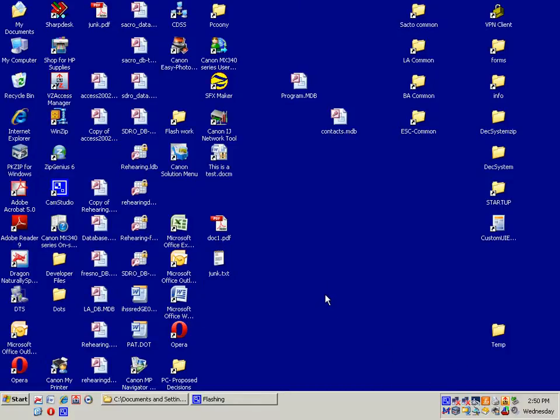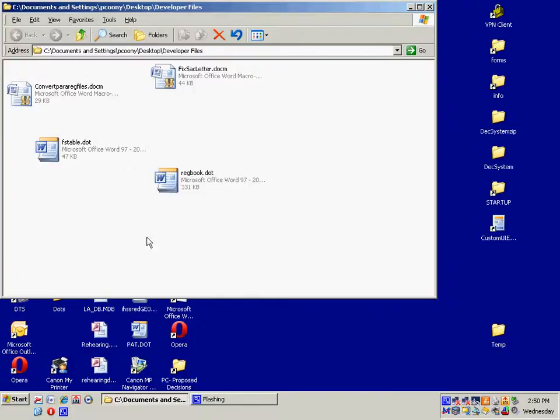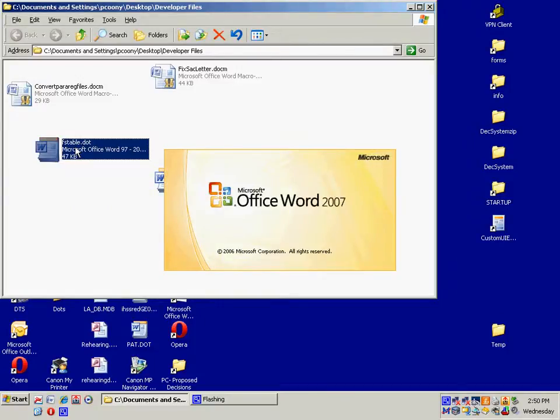Back again. The final thing I want to show you is how I do the food stamp table. And I have a special macro file for that. It's called fstable. I'm going to be sending that to you in the files that I'm sending you that are special to the system. And it's called fstable. If I just double click it,